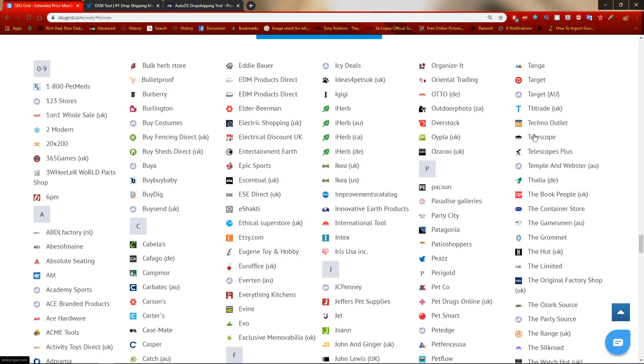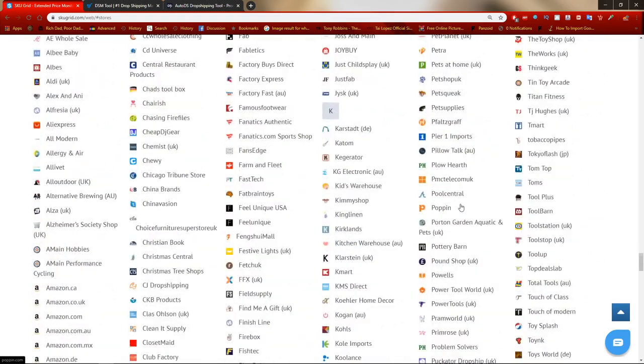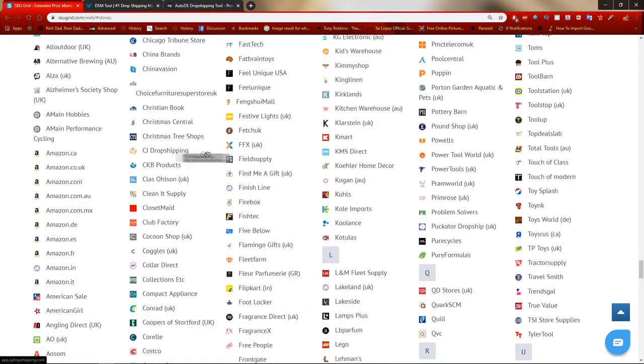So this is why I'm going to take you through the tutorials on how to get SKUGrid set up effectively, and then once you've got it set up and you've used it a little bit, you'll know it like the back of your hand, and then you're going to be able to work with every single one of these suppliers. And also they do support CJ dropshipping, as you can see over here, so you can integrate your CJ dropshipping